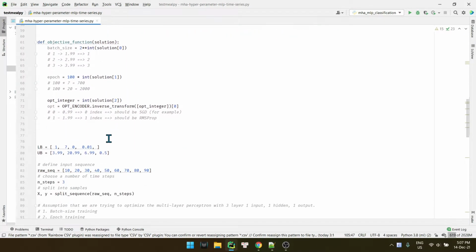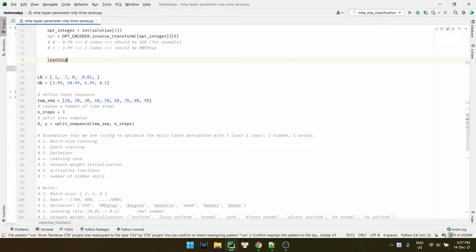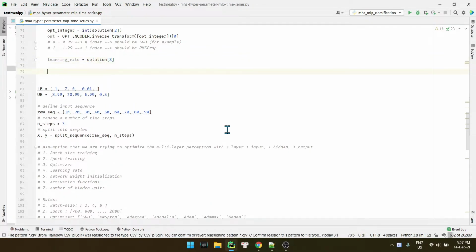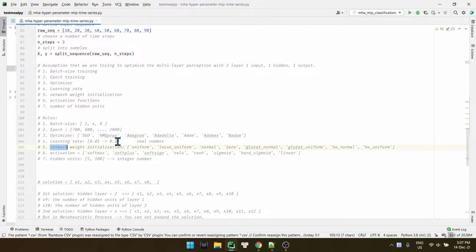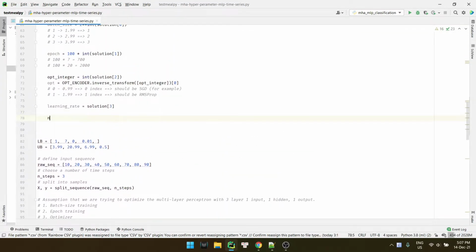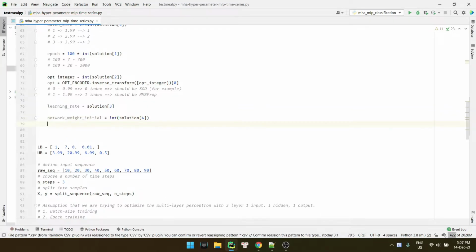So for learning rate equal to solution 3, right? And network weight initialization equal to solution 4. Okay.